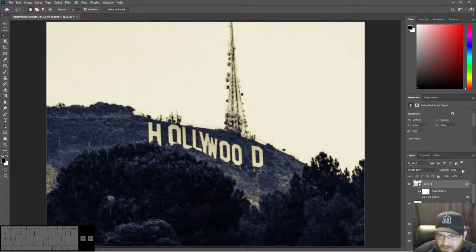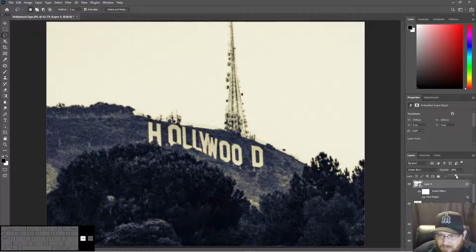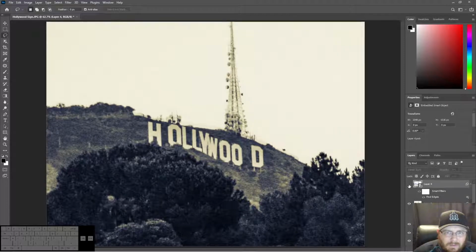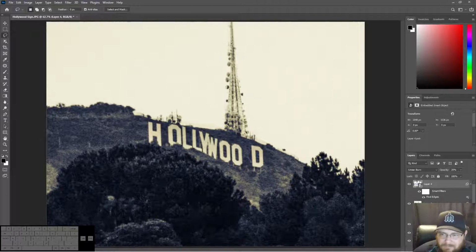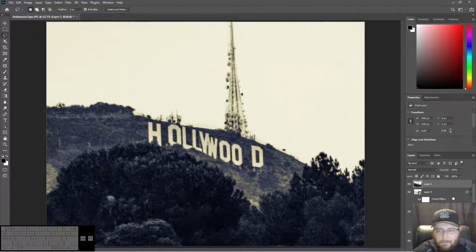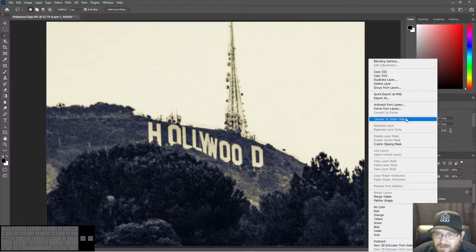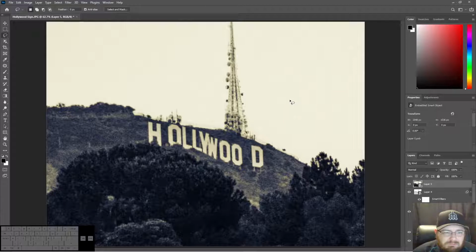I'm thinking a little bit. Bring it down a little more. Right there. I do like that. Alright, Control Alt Shift E to complete. Alright, convert to smart object. So with this, next thing I want to do